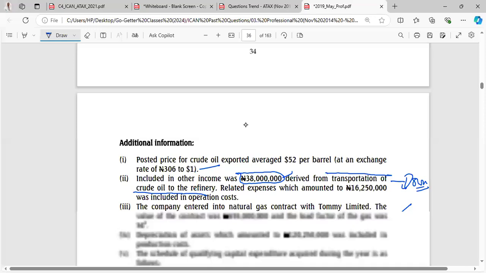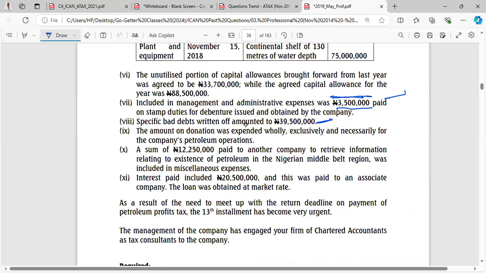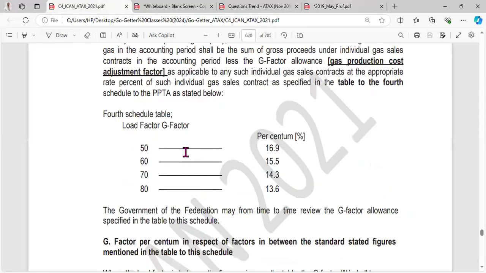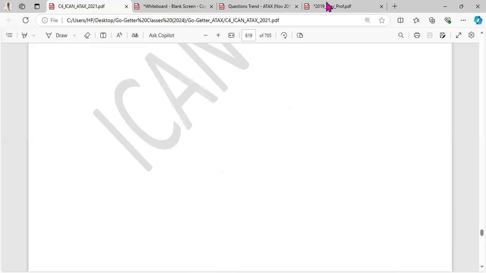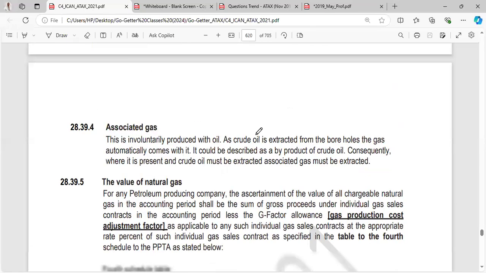The amount on donation was expended wholly, exclusively, and necessarily for the company's petroleum operations. Normally, donations was not supposed to be allowable. But now you see here, the donations, let's see what is said about donations. There's no need to check because it's going to take us a long time to look for it. So normally donations is not supposed to be allowable, but here they use the REN word,